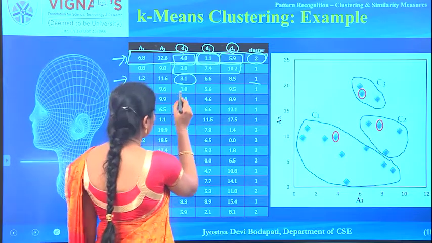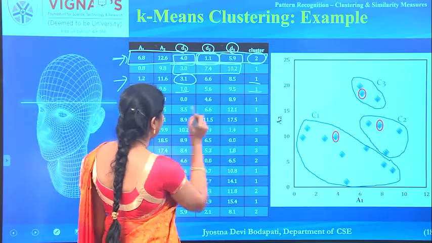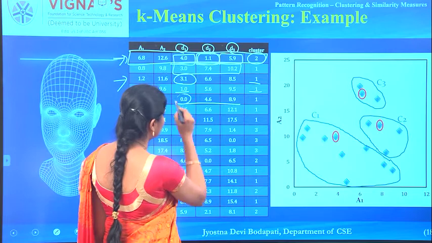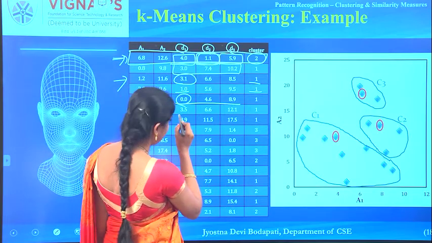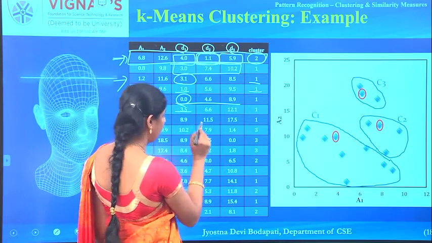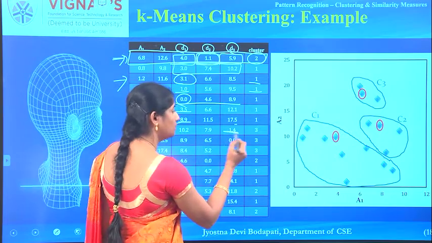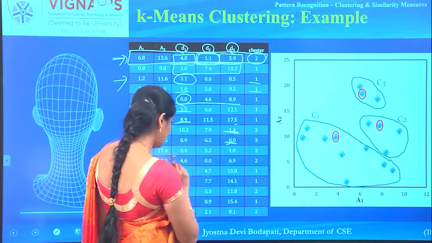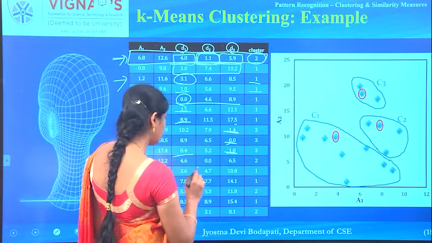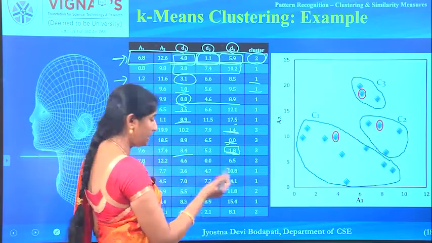And similarly, if you observe, this object goes to the first cluster, this object to the first cluster, and this object to the first cluster again, and this object is also in the first cluster. This object goes to the third cluster, this to the third cluster, then this to the third cluster, right, because it's the minimum.